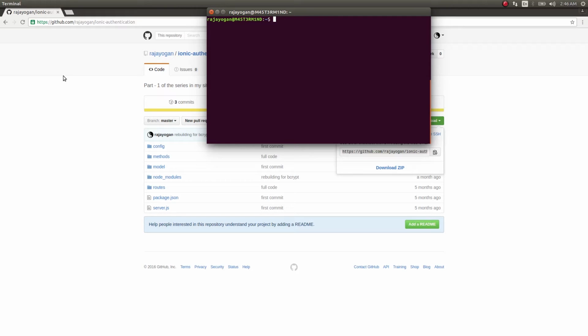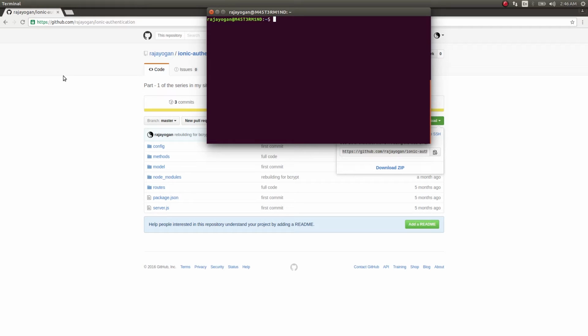A non-authenticated user would just be able to view the about us, contact us, and other pages, whereas the authenticated user will be able to view all the pages that are specific to the logged in users, right? So that's basically the concept of authorization, and we are going to use the popular method of authorization. OAuth 2 is used by many companies like Twitter, Facebook, Google, Reddit, and basically, yeah, many other companies, guys.